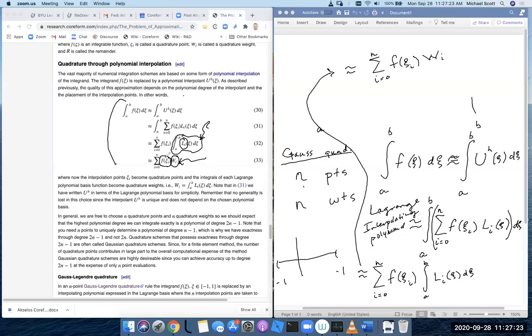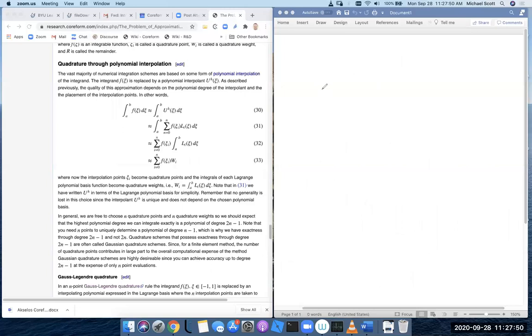And so now the last decision you have to make is, what are the point locations? Remember, I told you that the interpolating polynomial is unique with respect to a degree and a set of points. So every set of points will give you a different interpolating polynomial. So the question then becomes, what are the best point locations? And it turns out that